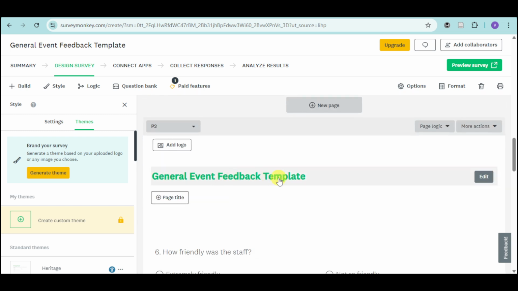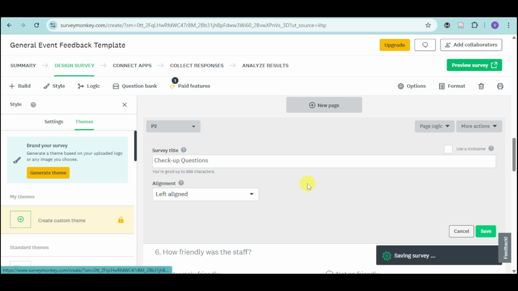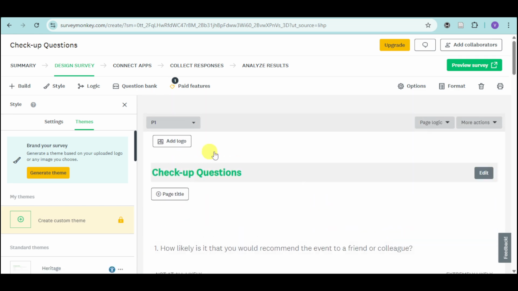And in here, you can change the title. For example, let's click onto this edit right here. Let's name this, for example, check up questions. Then click on save. And then as you can see, we have now in here this second section, and we have in here this